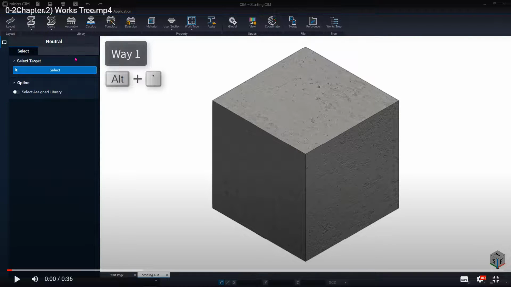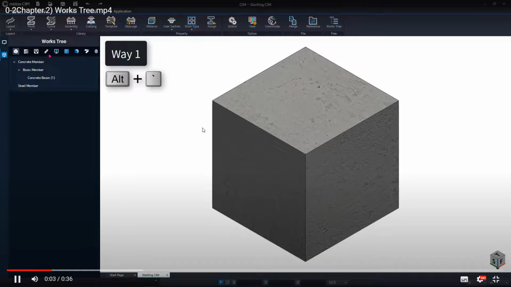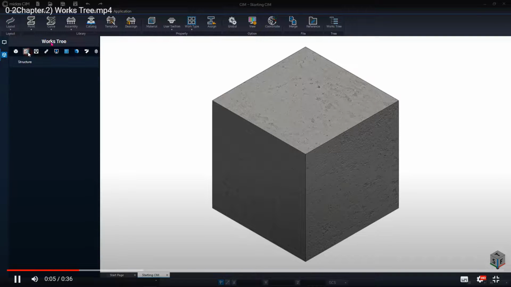The works tree is just like a tree menu. If you want to see all of the point libraries, curve libraries, and assembly units that you currently have, you just click on Alt plus the apostrophe key, and after you click it, you will return to the works tree like this.